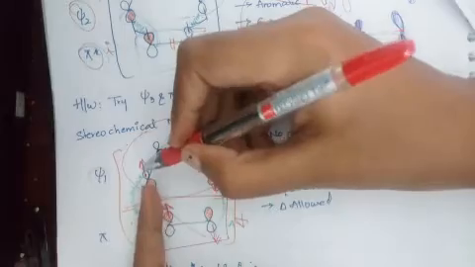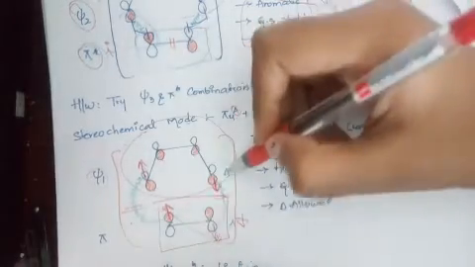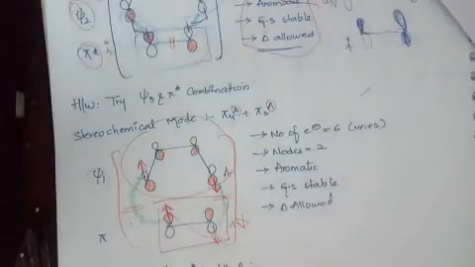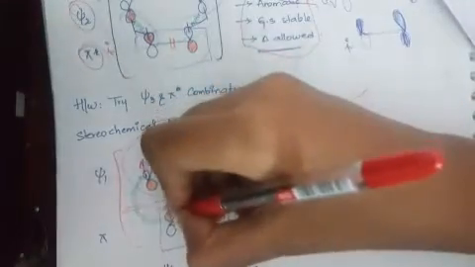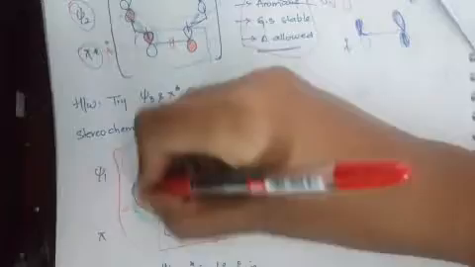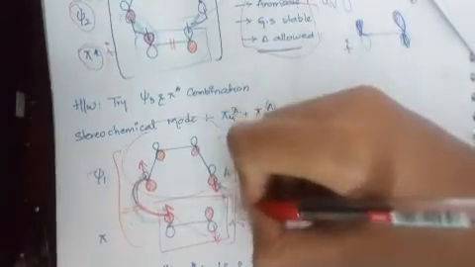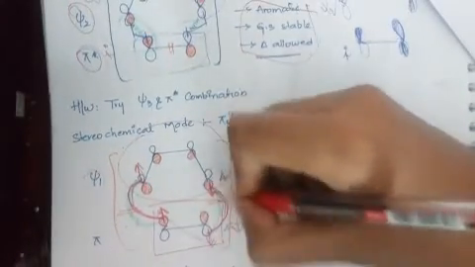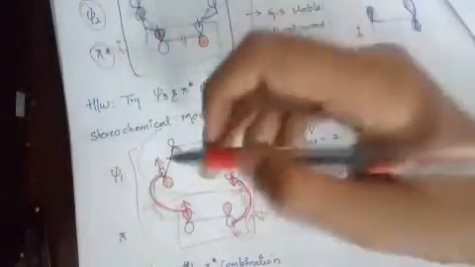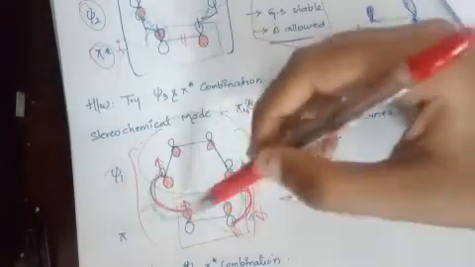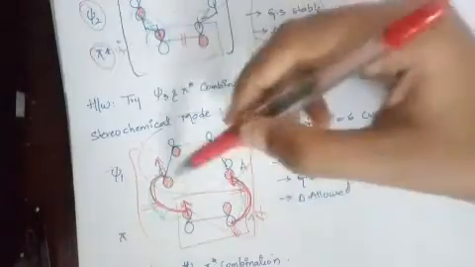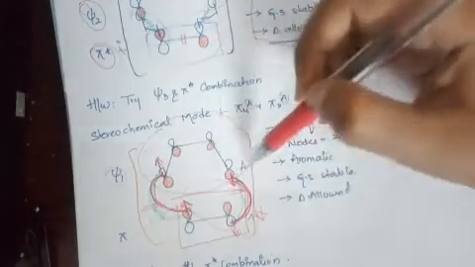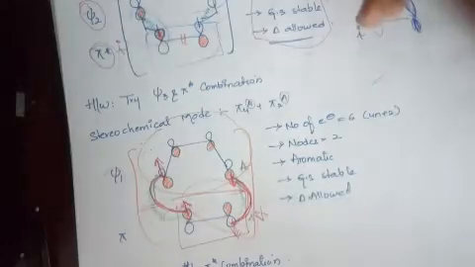With respect to this system, I am doing the reaction on the opposite side. Here the above lobe is participating, here the below lobe is participating. So this is also Antara. After doing the reaction, you join both. See, above is joining with above, and below is joining with below. With respect to this pi system, the reaction is taking place on the opposite side lobes. Here also with respect to this pi system, the reaction is taking place on the opposite side lobe. So it is the Antara fashion.